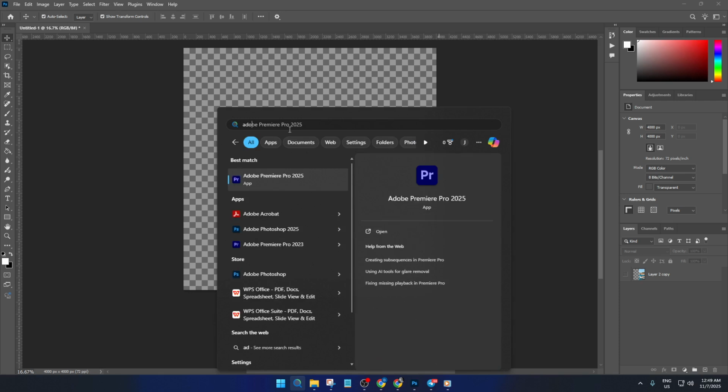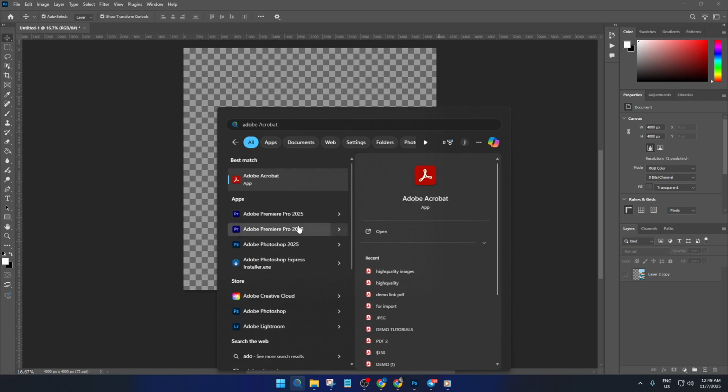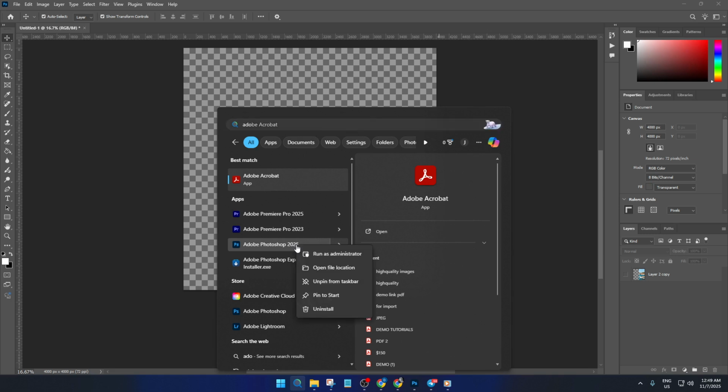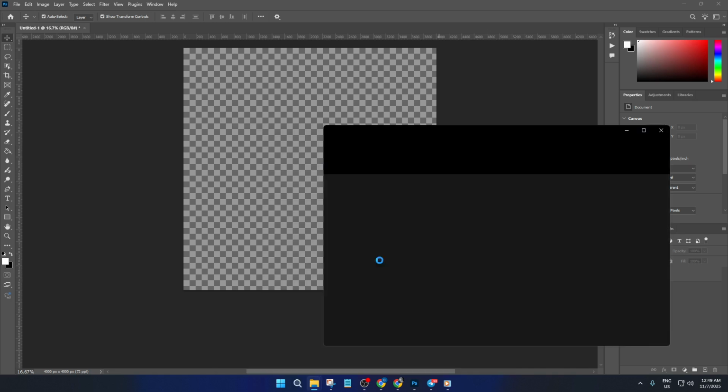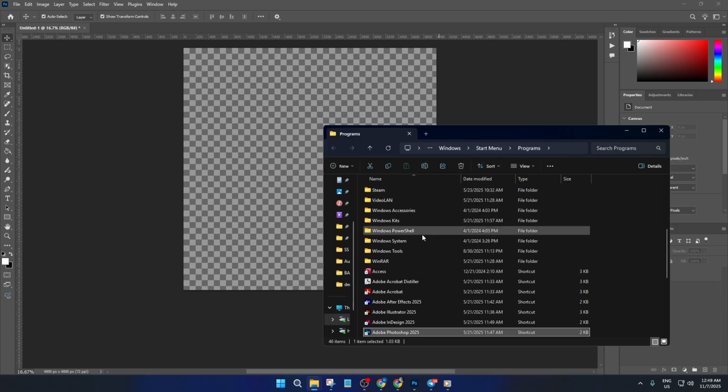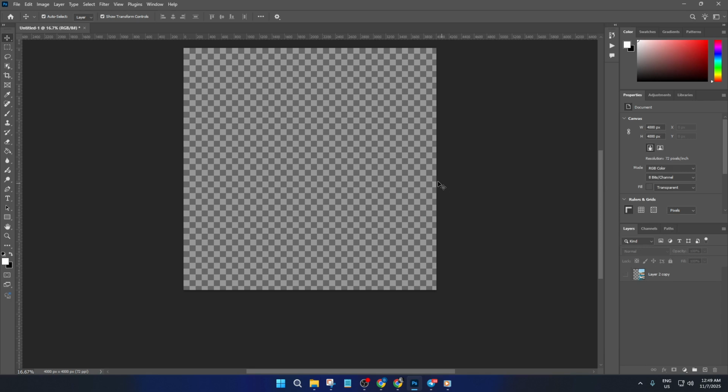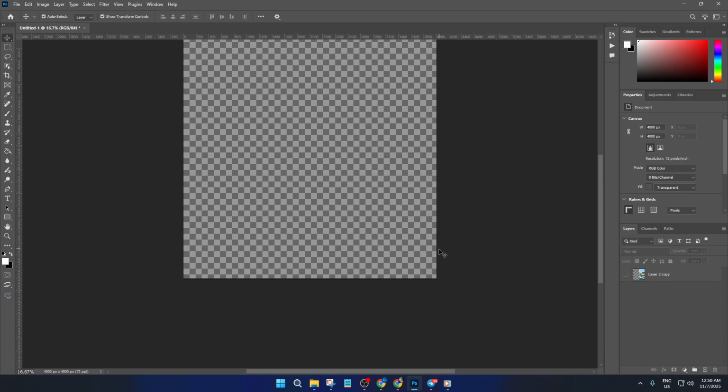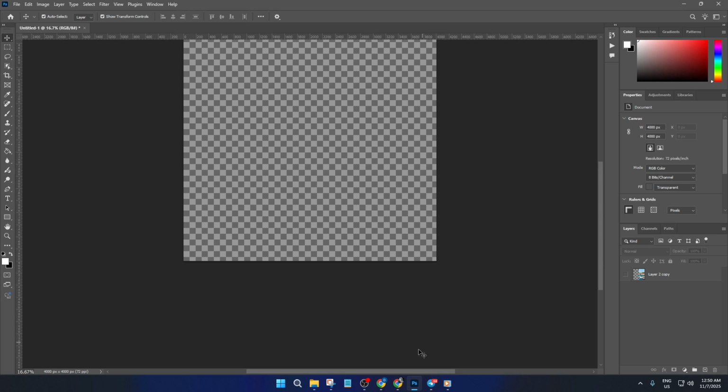When you see Photoshop pop up in the search results, don't click on it right away. Instead, right-click on it. This should give you a few options. What you want to look for is Open File Location. This little trick takes you directly to the folder where Photoshop actually lives on your computer, so you don't have to hunt around manually. Click on Open File Location, and you'll see a new window pop up showing the shortcut